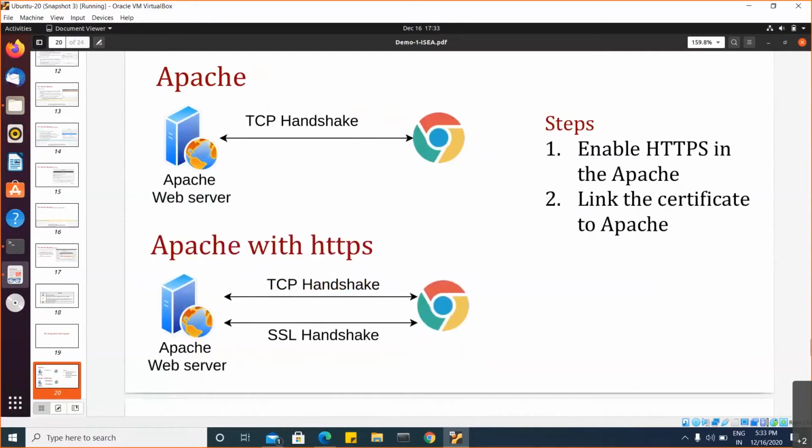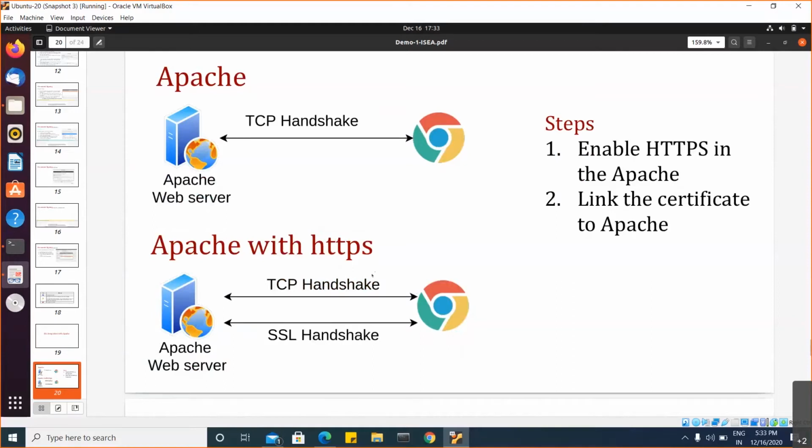When we integrate Apache with SSL, the default application protocol that will be used by Apache is HTTPS. HTTPS, the S represents secure. So whenever you enable SSL, secure socket layer, in Apache, it is going to use HTTPS, which represents secure communication between the Apache web server and the browser.